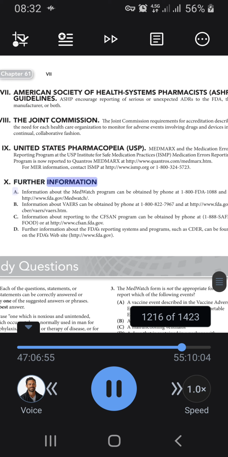A. Information about the MedWatch program can be obtained by phone at 1-800-FDA-1088 and at http://www.fda.gov/medwatch/. B. Information about VAERS can be obtained by phone at 1-800-822-7967 and at